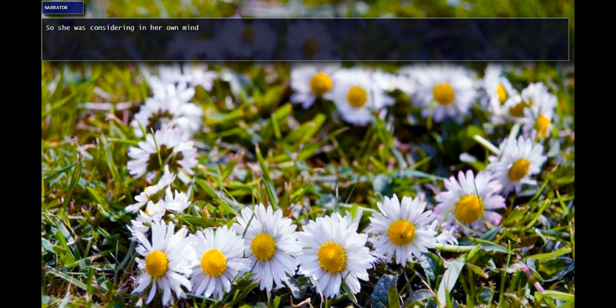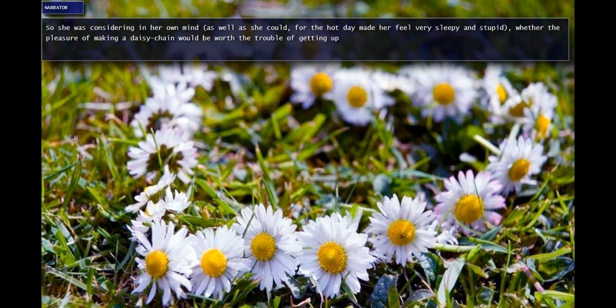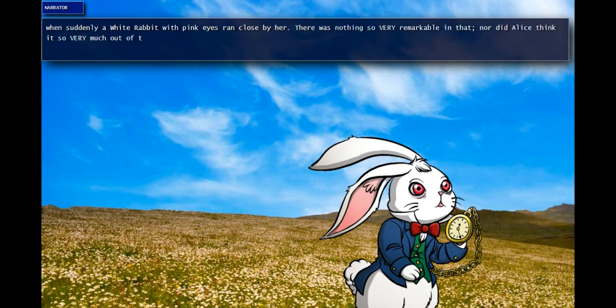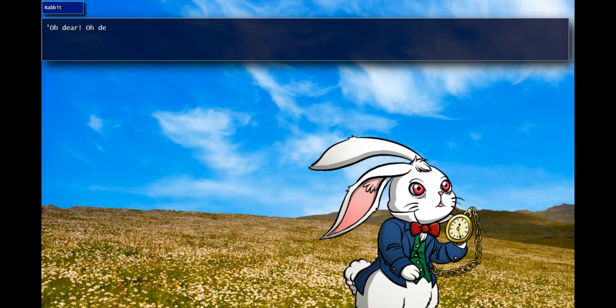So she was considering in her own mind, as well as she could, for the hot day made her feel very sleepy and stupid, whether the pleasure of making a daisy chain would be worth the trouble of getting up and picking the daisies. When suddenly a white rabbit with pink eyes ran close by her. There was nothing so very remarkable in that. Nor did Alice think it was so very much out of the way to hear the rabbit say to itself, "Oh dear, I shall be late."